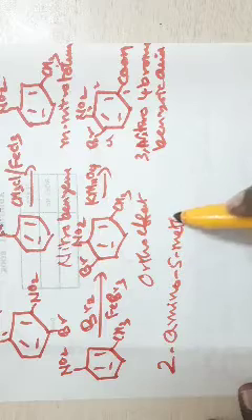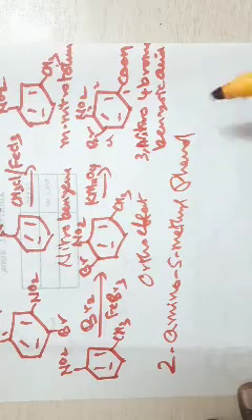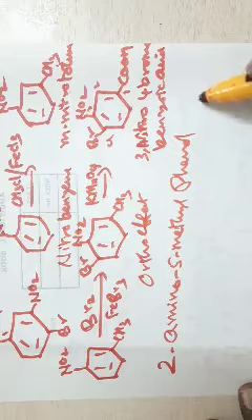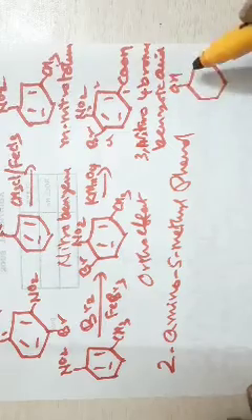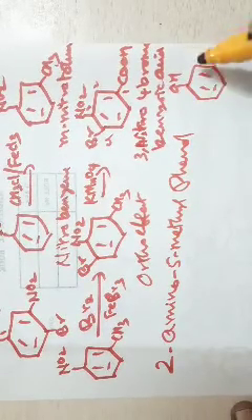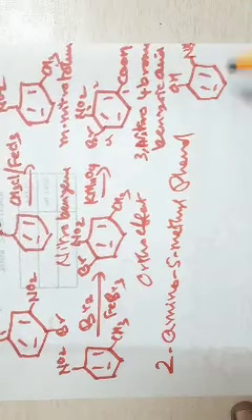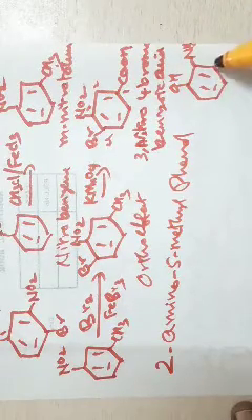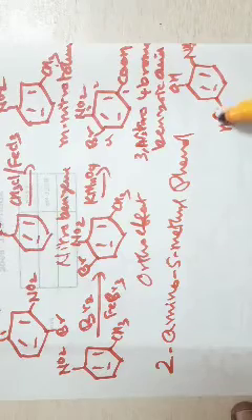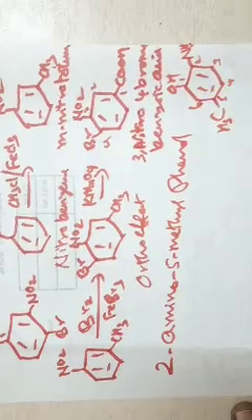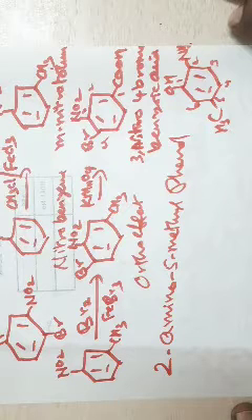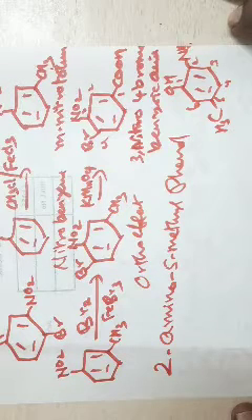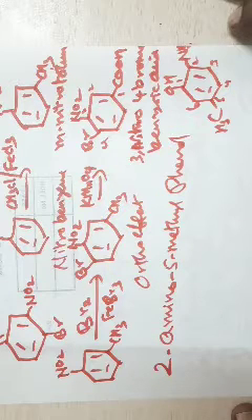So the basic compound is your phenol. You have the OH group here. 2 amino at the ortho position and 5 methyl, 2, 3, 4, 5 methyl. This is your 5 position, 1, 2, 3, 4, 5, 6. So this is your 2 amino 5 methyl phenol. How can this molecule be synthesized? So it involves several reactions.